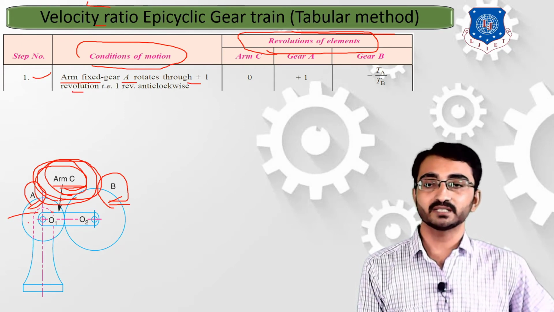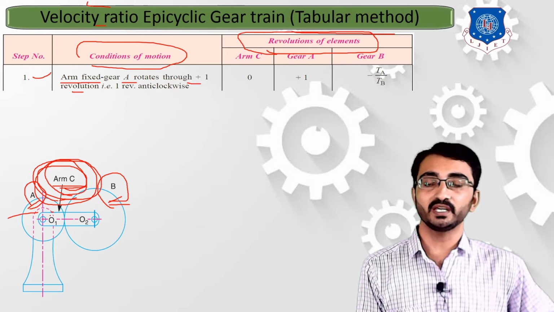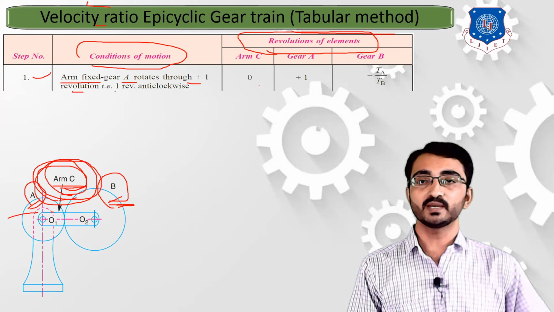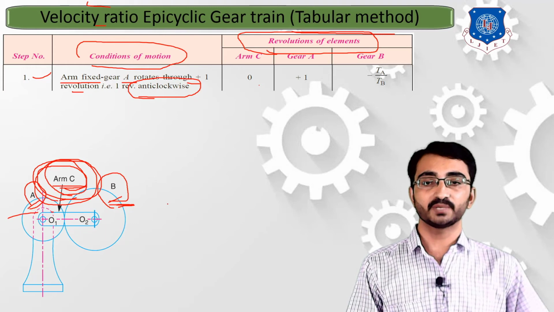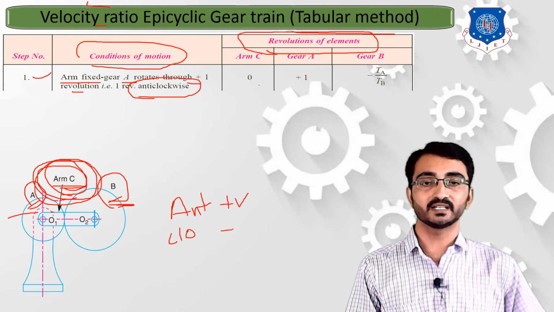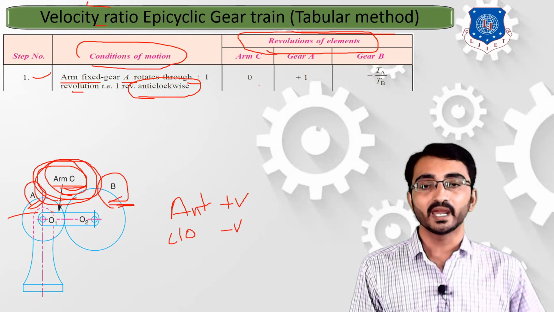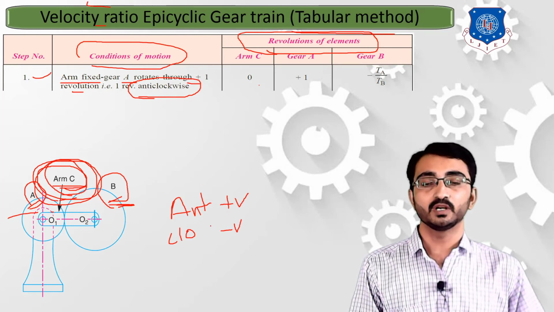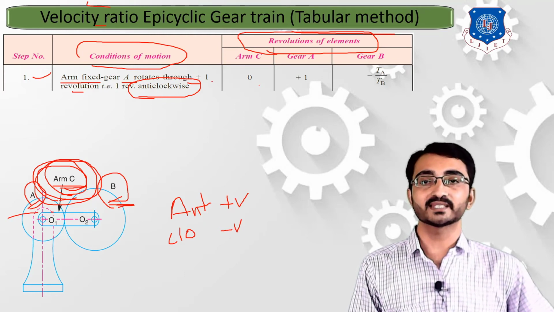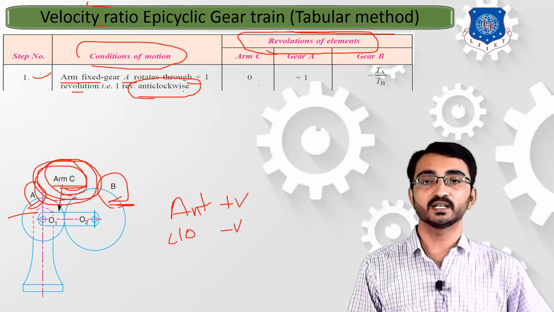Okay, so a simple arrangement where you are giving rotation to gear A and that will give you rotation to your gear B. One more condition in this numerical is, in this chapter we will always consider the anti-clockwise rotation as a plus rotation, because we have simple understanding that if we consider anti-clockwise with a plus symbol, then in that case your clockwise rotation will be considered as a negative symbol. We can consider any of these as a positive and negative, but for simplicity and in most of the reference books they are using anti-clockwise as a +1, so that's why we will follow with the same procedure.